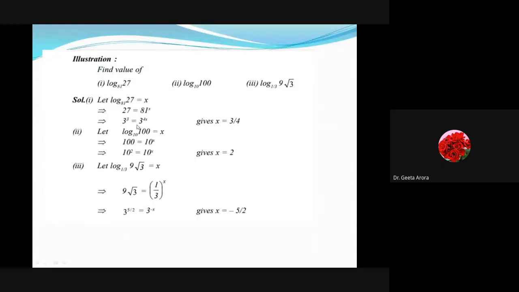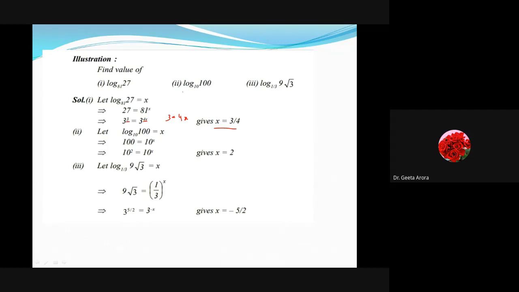So this is what we have. If we compare now the value of what x should be, as we have done, if a raised to power m is equal to a raised to power n, then m and n are the same. So it is the same thing. If 3 raised to power 3 is equal to 3 raised to power 4x, on comparing this, we can write 3 is equal to 4x, hence we can say x is equal to 3 by 4. So this is what we are getting.